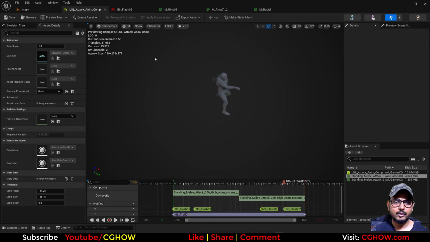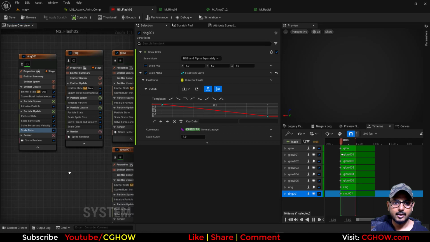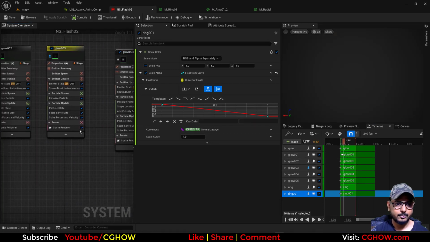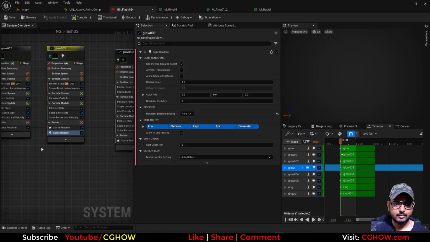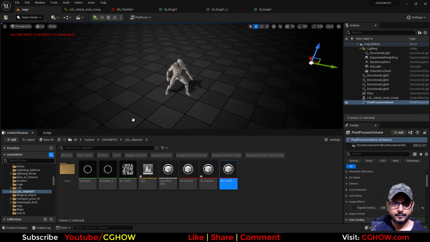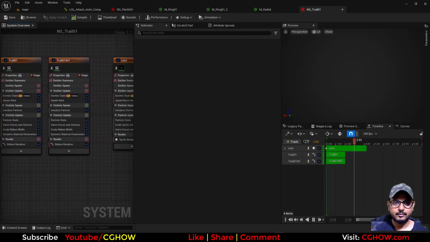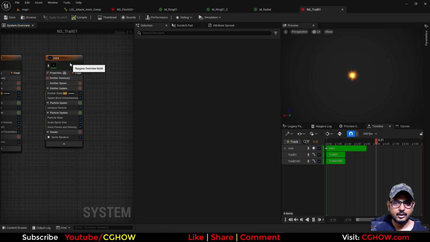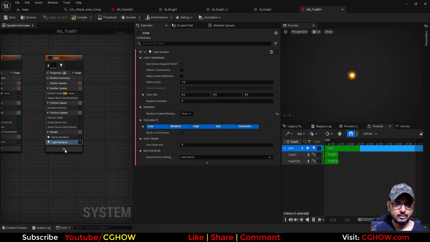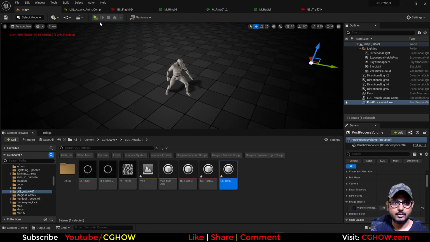And you can do one thing, and that is in Flash you can add light in your bright part, and in your trail you can again add light in this one. So let's say, I don't know how much, but